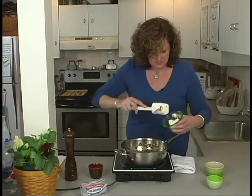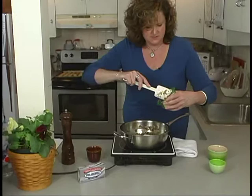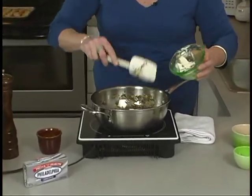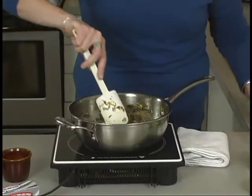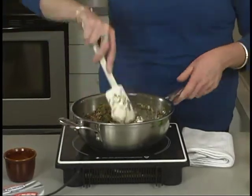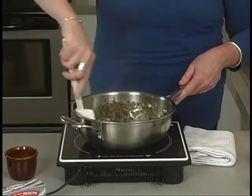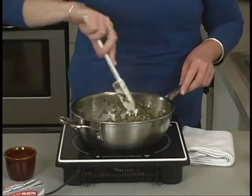So I'm just going to take it by the piece. You can do this with your fingers if you so see fit, or if you're trying to be neat like I am once in a while, you can use the spatula. And what I'm going to do now is just let the cream cheese melt. And it's going to all melt down with that little bit of remaining liquid from the marsala and from the